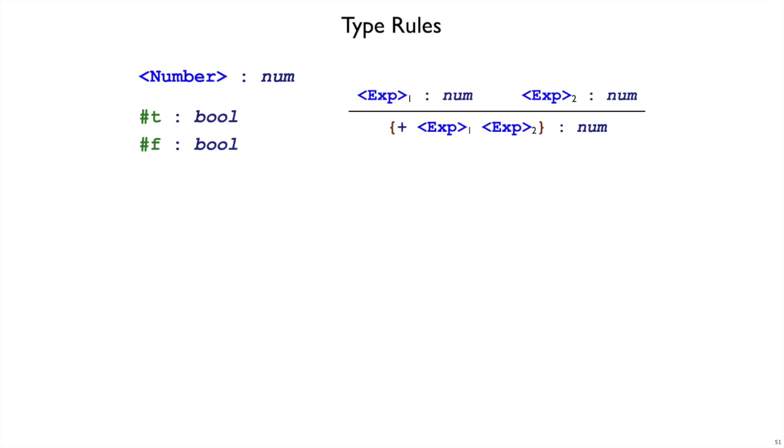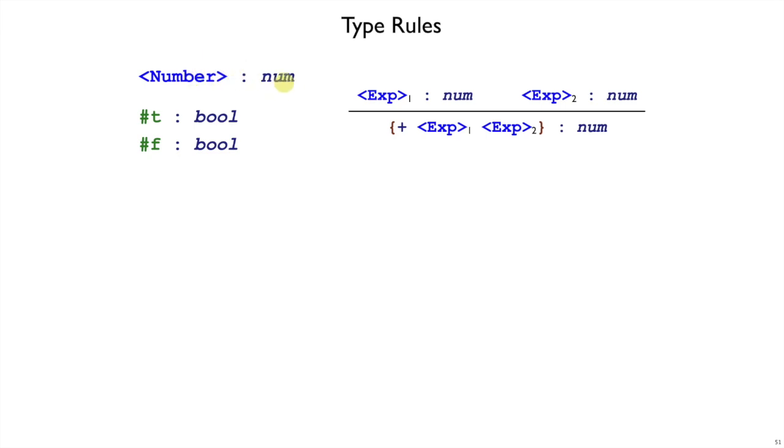I've sketched an intuition for how we assign types to expressions, but let's turn that into a type checking function. And we're going to write our type checking functions not in Plait at first, but in this other traditional notation for writing the type checking function. So here, the name of the type checking function is colon. The part on the left, that's the input to the function, and the part on the right is the output of the function. So this type check function, when you give it any number expression, is going to return the